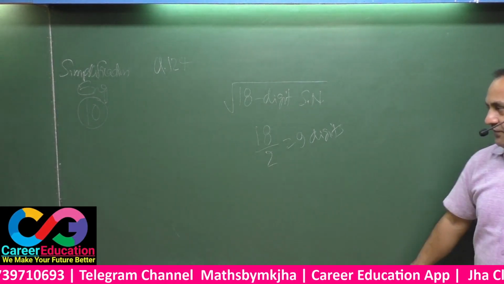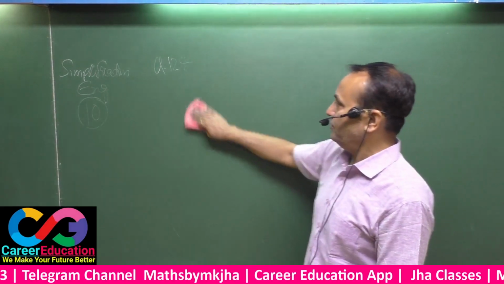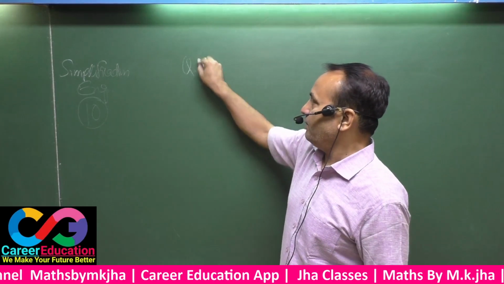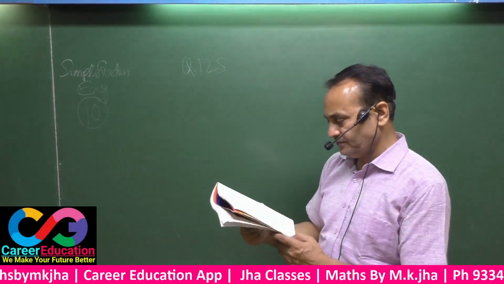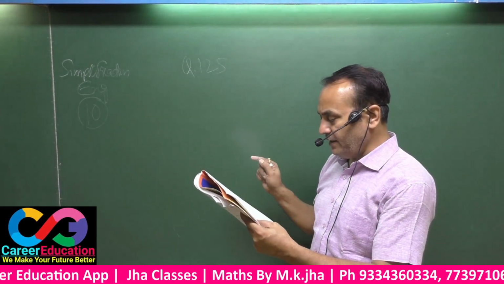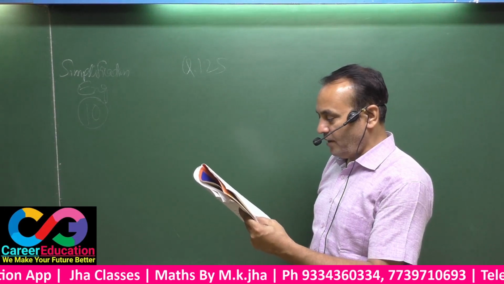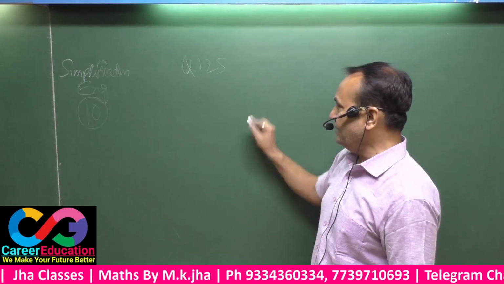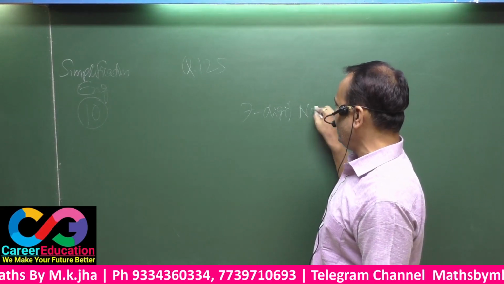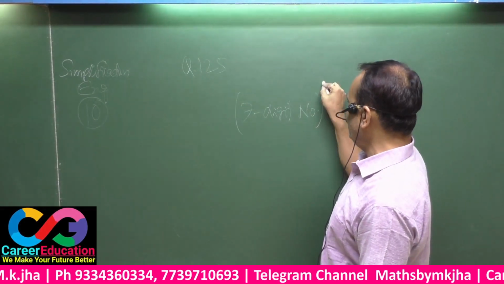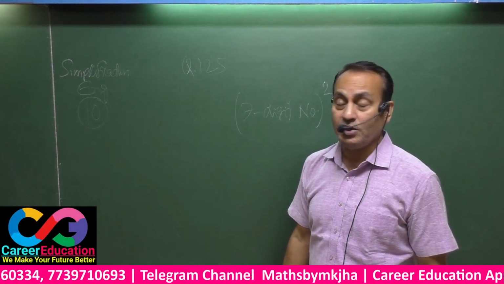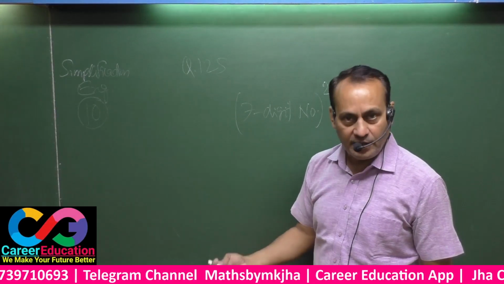Now the reverse question is coming before you. That means the next question is just the reverse of this topic. Your question number is 125. Find the total number of digits obtained in the square of a 7-digit number. That means a 7-digit number is given, and you have to find its square. How many digits will be in that number?